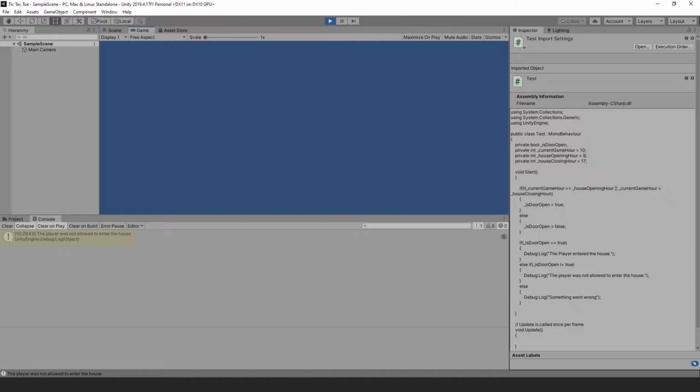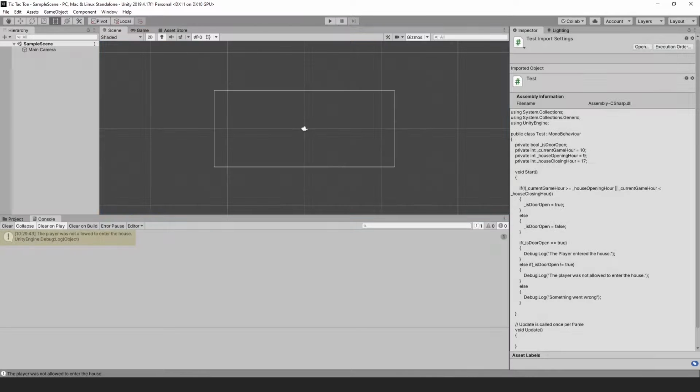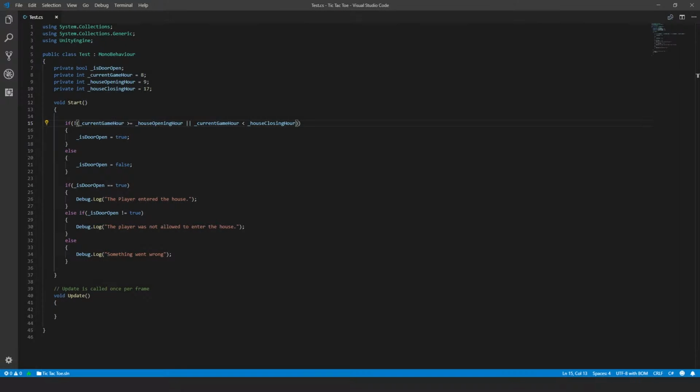And as you can see, it says the player was not allowed to enter the house. Now, this piece of code is simple and is working fine, but just to be sure that you understand, you will not be hard coding the underscore house opening hour and underscore house closing hours variable like this when you